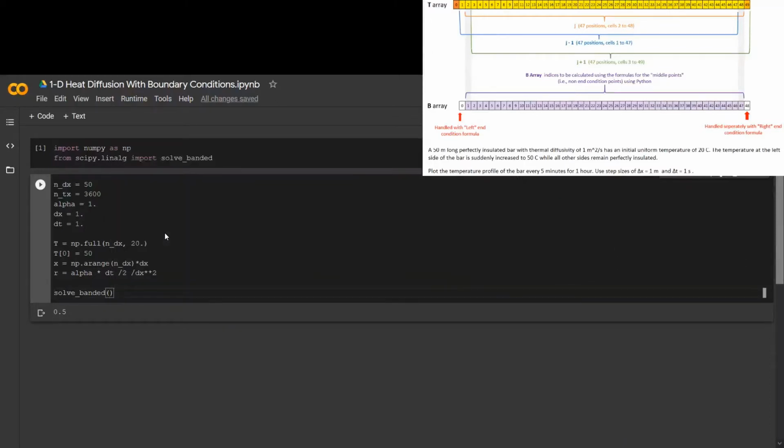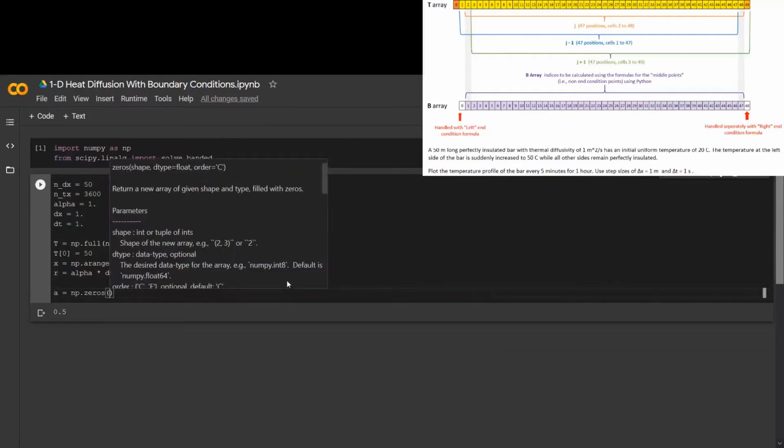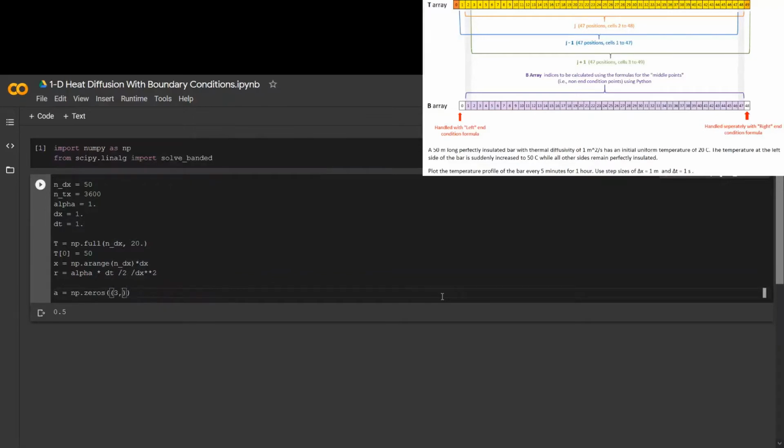So in that case, we don't want to make A a full array of zeros. That's the entire span. Instead, if we think about the number of diagonals we have, we'll only have 3 diagonals, because for most things we'll have a negative r as our lower diagonal, and then our main diagonal will be some form of 1 plus 2r, and then for the right boundary all the way at the bottom there should be a 1 plus r, and then above that diagonal we'll have a diagonal of negative r's as well. So that means we're going to want a 3 by